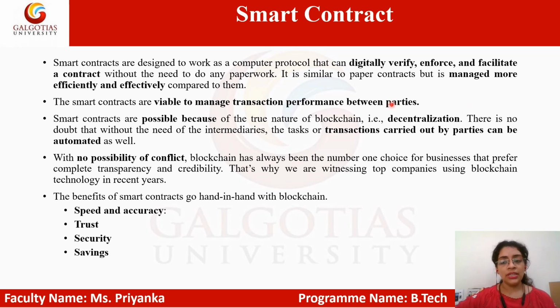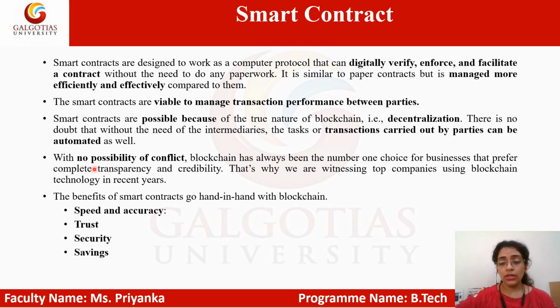no doubt that intermediaries were there in the earlier centralized network, as we have a banking example. So there it's an intermediary bank, right? But if we are working in blockchain without the use of any intermediary, that's only possible because of this smart contract. Because smart contract is there, which can make a trust, which allows two parties to just stay on the contract and not do any kind of misbehavior or any kind of harm to the system.